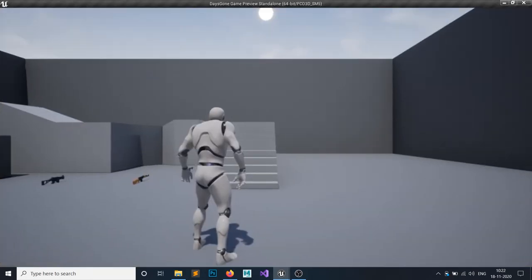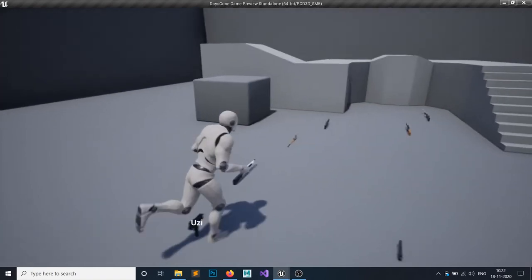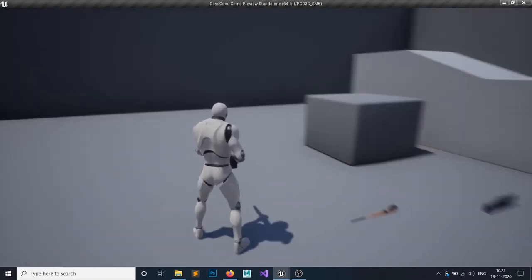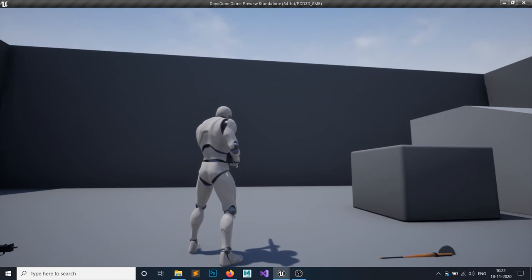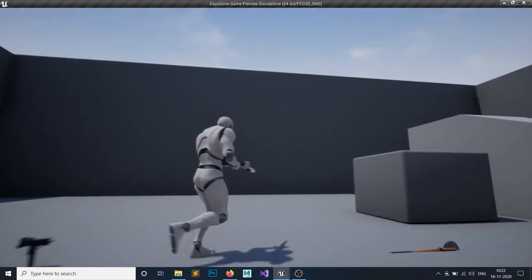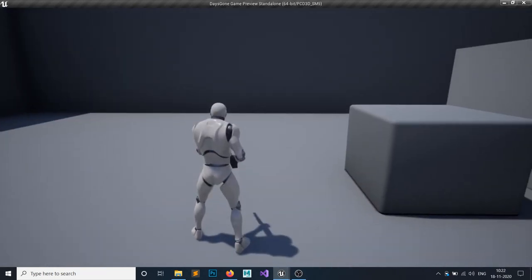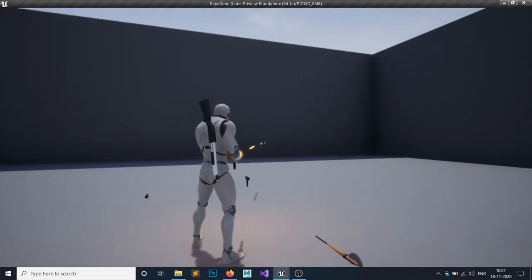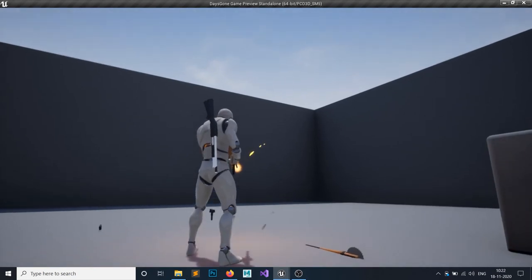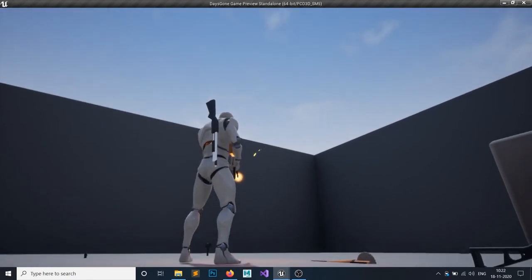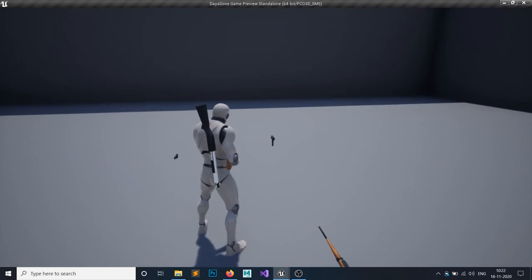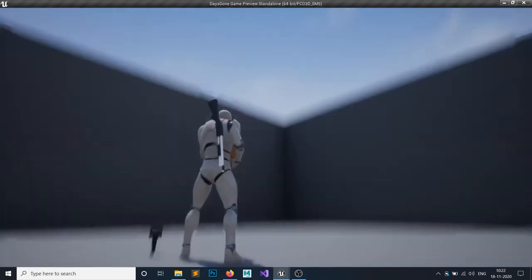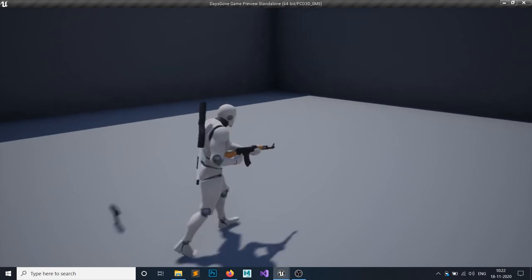In the next video, we will do the reloading part. So when your current ammo is zero, you should reload automatically. And if you want to reload in the meantime, you can hit R to reload the gun. So as you can see, I don't have any ammo, so now I have to reload. So for that we will do the reload part in the next video.